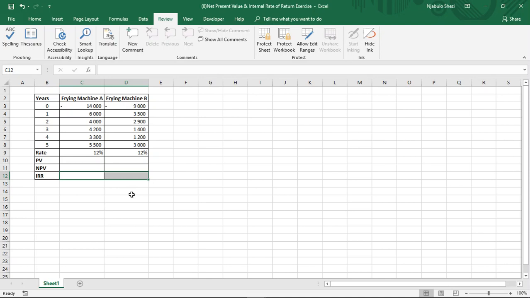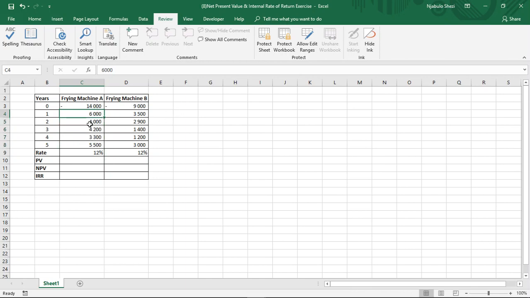So what net present value does is basically it discounts our cash inflows. It discounts our cash inflows so that we can know how much they are in value in the present, how much they are today. As you can see that we have cash flows ranging from year 1 all the way to year 5. So when we calculate the present value, the net present value, we are trying to discount these cash flows into the present. These cash flows are in the future. We want to find out how much they are worth today. By the way, guys, these cash flows are